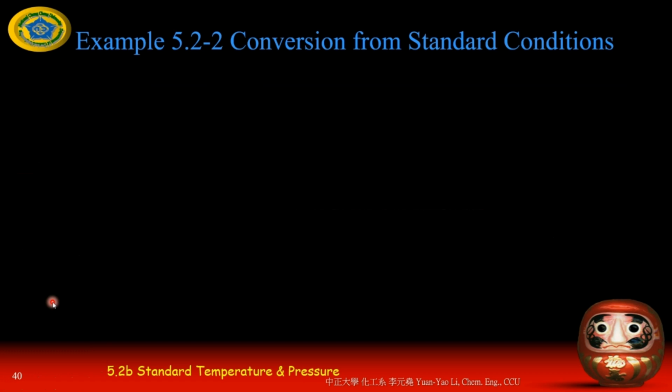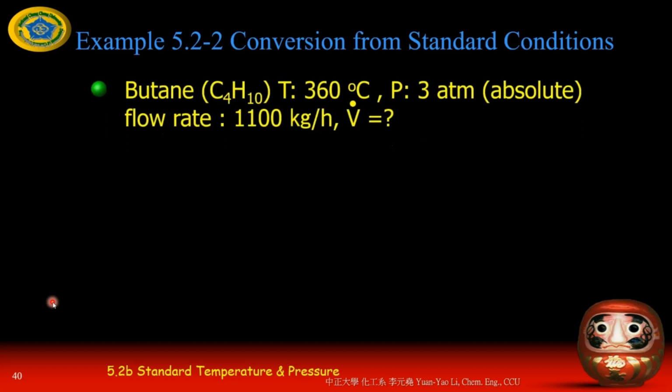So now let's take a look at this example, 5.2-2, conversion from a standard condition. The butane is at a temperature of 360 Celsius and a pressure of 3 atm, and the flow rate is 1100 kilogram per hour. So the flow rate means what? The mass, right? So you need to convert the mass to the mole, right? You change from the mass flow rate to the molar flow rate, and then they